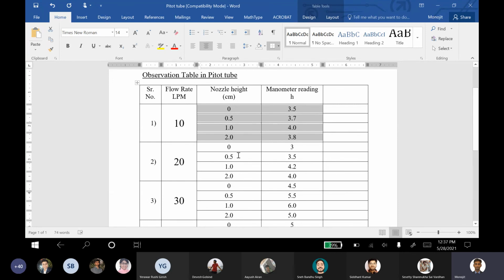The manometer height first increases and then decreases, so it must be from the edge and then crossing the middle